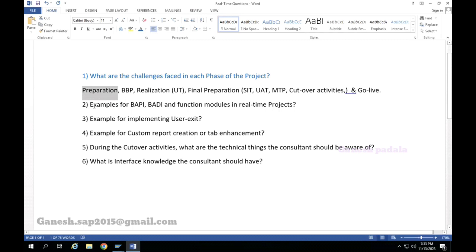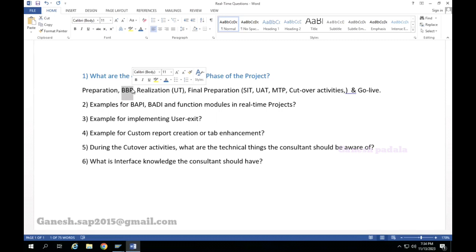In the blueprint stage, mostly we will travel on site, visit their plant and operations, and understand how the processes happen, what the different processes are, what the day-to-day activities are, how they procure, how they sell, and what their business is. We also ask how many systems they are currently using, whether there are any interfaces, which interfaces they want to carry, which we can reduce, and which they want to utilize 100%. So how do we connect SAP to that system, and how does the data flow? We need to understand all this.